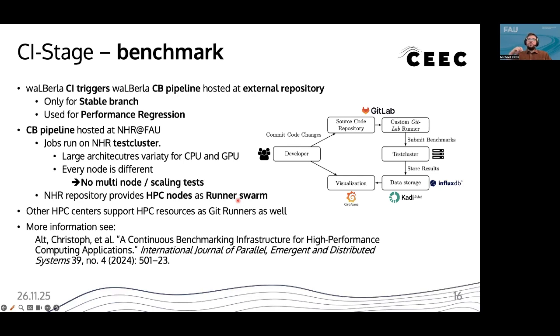So we don't do multi-node runs or tests or benchmarks with this, because this is not what our framework is intended for. It's not intended to run on heterogeneous architectures. It's intended to run with accelerators, but not on heterogeneous CPU architectures, for example. And we also don't do scaling tests, because this would also be weird for these kinds of architectures. Therefore, it is not possible for us to do scaling or multi-node benchmarking,